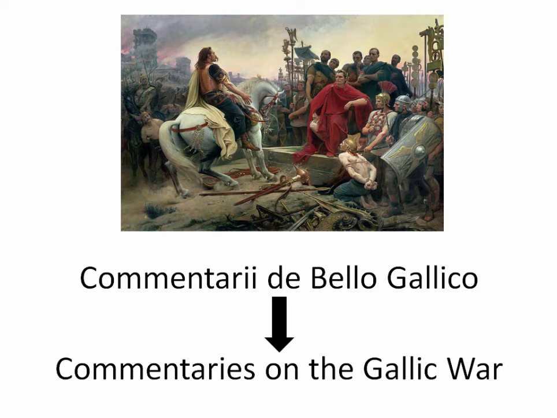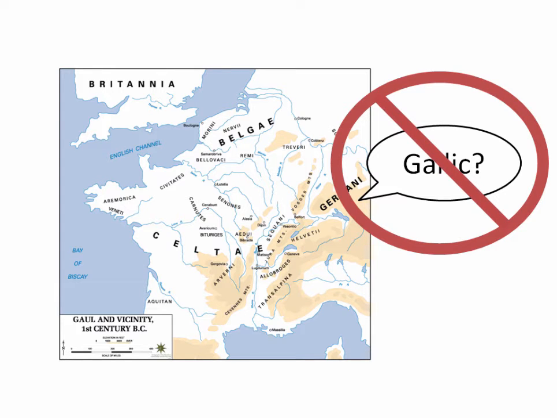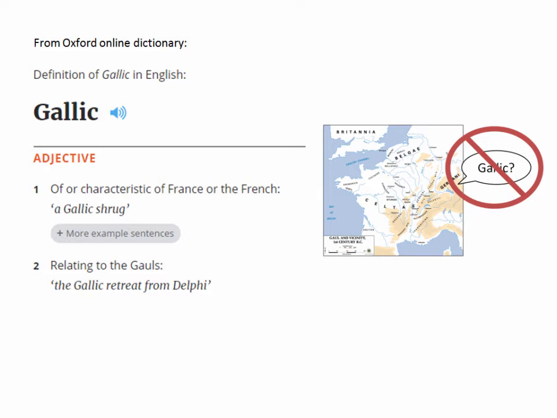I have especially seen confusion about the differences between Gallic and Gaulish. Perhaps this is due in part to Julius Caesar's Commentarii de Bello Gallico and the common English translation that is provided, Commentaries on the Gallic War. Although the wars that Julius Caesar fought against the Gauls were often referred to as the Gallic Wars, the Gallic language is not what the Gauls spoke. Gallic is a word which can correctly be used to refer to the area or people of Gaul, but it is incorrect to refer to the language of these people as Gallic. Gallic in language terms refers to something different.